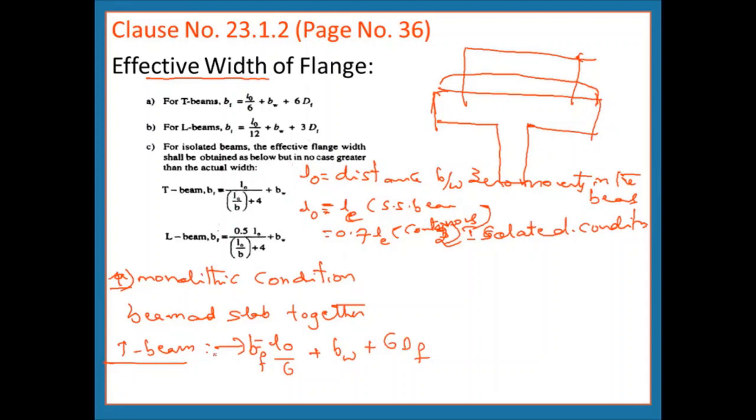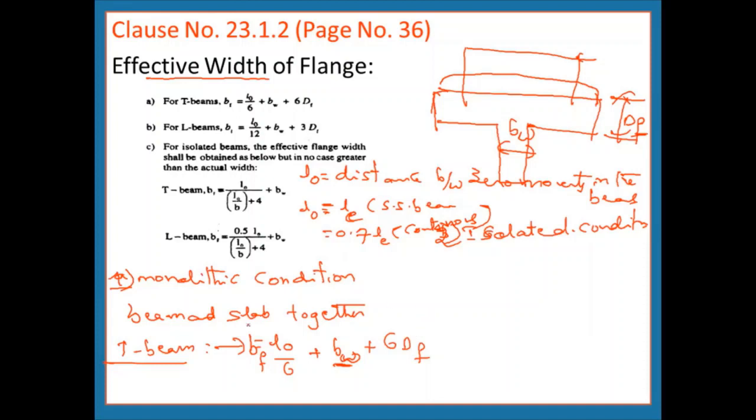Then BW is the width of the web portion. So this is BW here. Then DF is the total depth of the flange that we have to consider. So using this formula you can determine the effective width of the flange. So L0 is the distance between points of contraflexure, BW is the width of the web and DF is the total